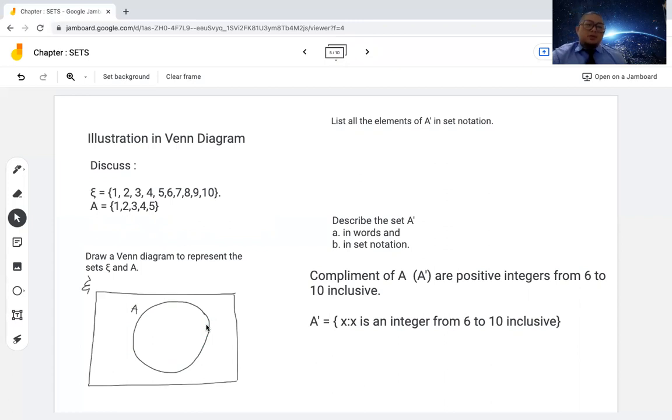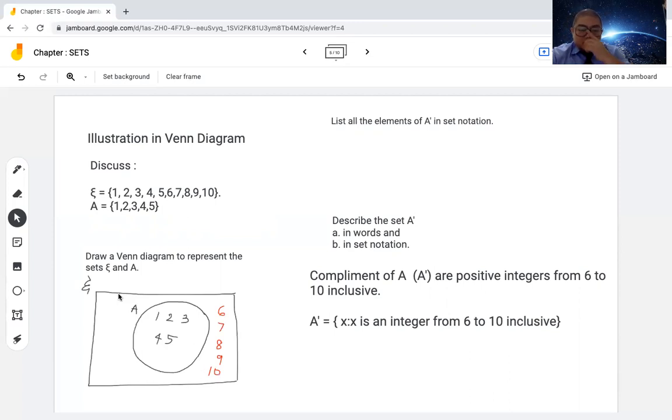In my case, what I usually do here is start with the set with the smallest number of elements, which is set A, because all I need to do is just write it down. As you notice, there are some elements in the universal set that were not written in here yet, which means that these elements are written outside the circle because these numbers are not included in set A. So in here, guys, you will now be able to visually see what these elements are that are outside